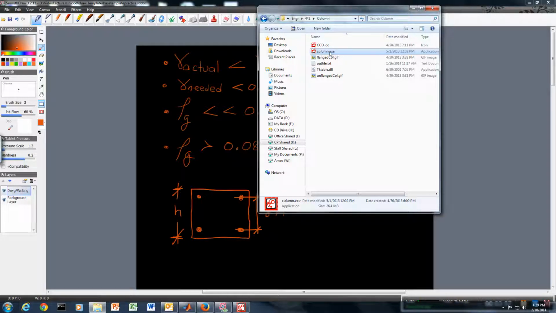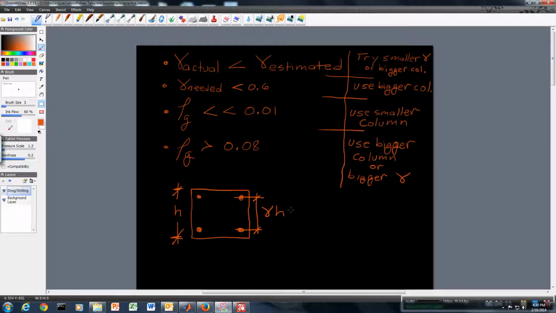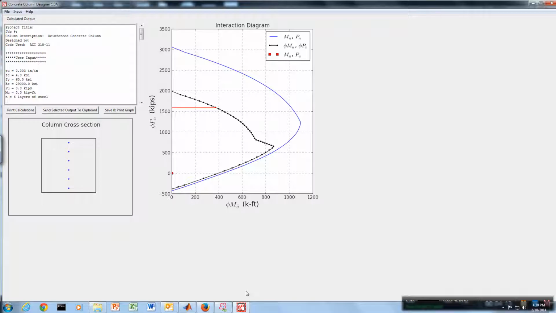There is an executable file there called column.exe, and that is a computer program that I have written that will look like the following. When you run that program, you will have a computer screen that looks like this, and you have the ability to